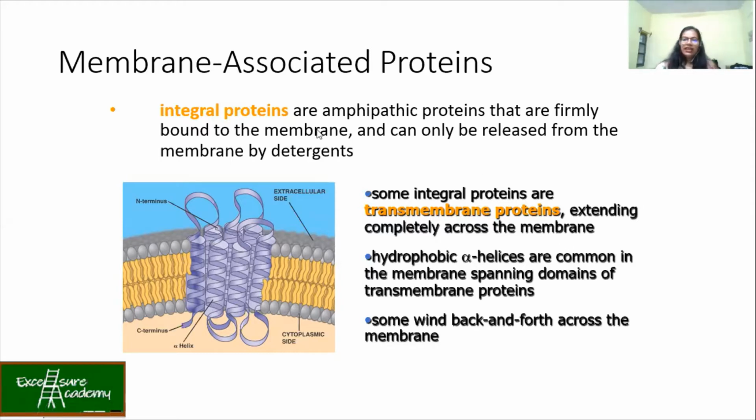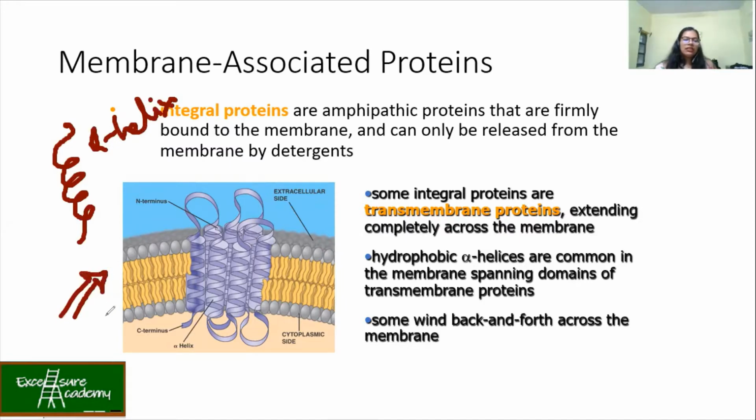So whenever you see any structure like this, it means this protein has got the alpha helix. If you see structures like this, then it means it is the beta sheets. When we study the biomolecules, I'll mention in detail the structures of proteins. For timing, this is enough: whenever you see a helical, it is the alpha helices, and mainly hydrophobic amino acids are present in the transmembrane proteins.